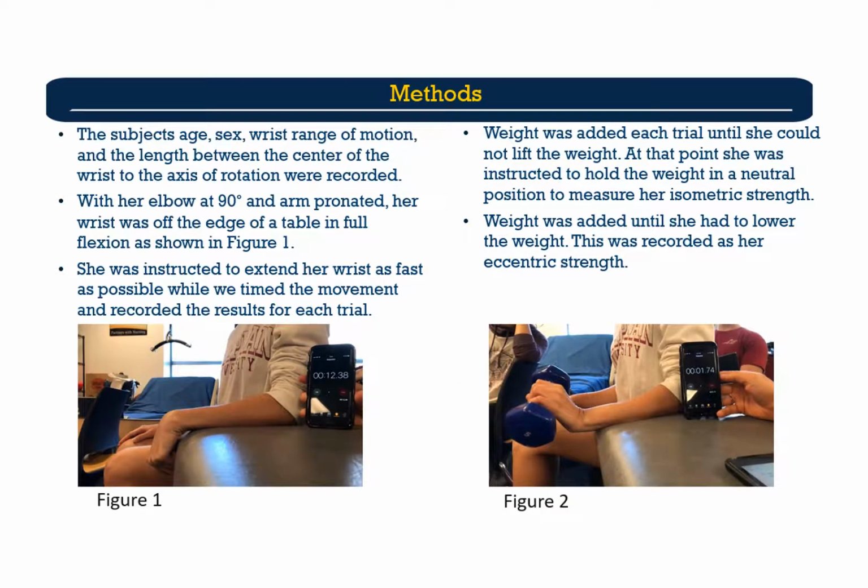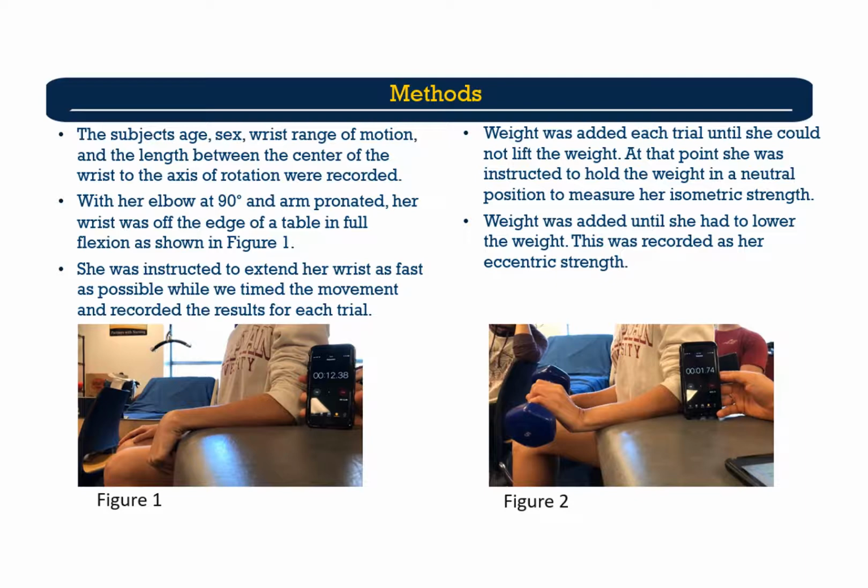The subject's age, sex, wrist range of motion, and length between the center of the wrist to the axis of rotation were all recorded. With her elbow resting on a flat surface at 90 degrees and her arms pronated, her wrist was off the edge of the table in full flexion. She was instructed to extend her wrist as fast as possible while we timed the movement and recorded the results